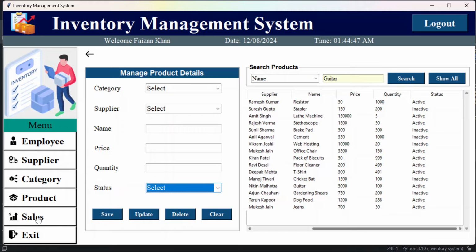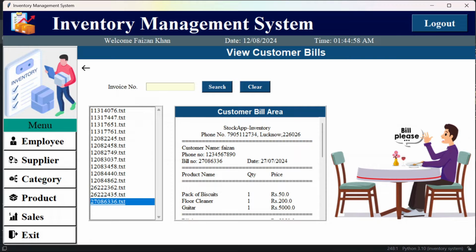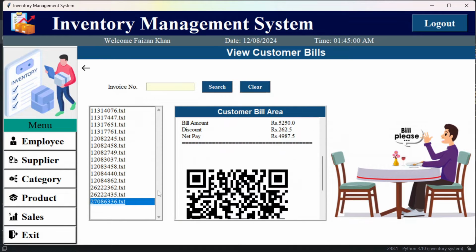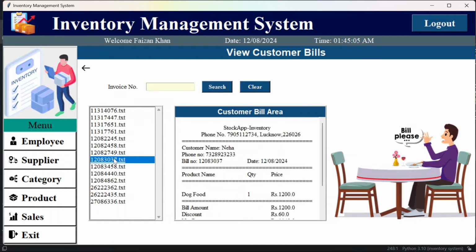And then this is the sales section. Here you will be able to see all the generated bills. Okay, so if I see this, you can see these are the bills and the QR code is attached with it. Okay,